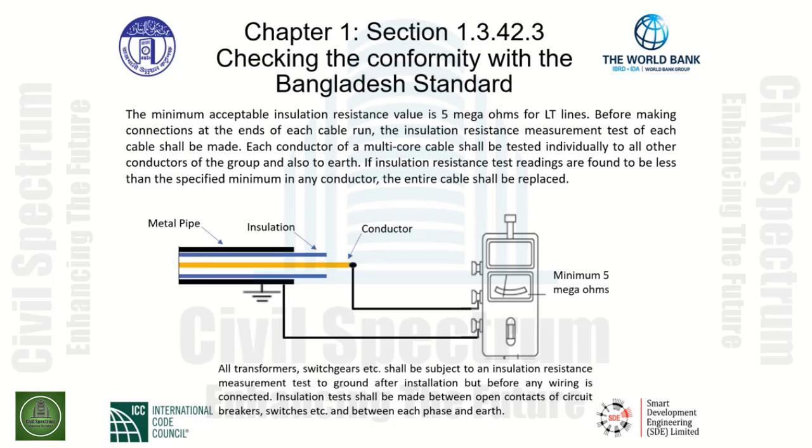Before making connections at the ends of each cable run, the insulation resistance measurement test of each cable shall be made. Each conductor of a multi-core cable shall be tested individually to all other conductors of the group, and also to earth. If insulation resistance test readings are found to be less than specified minimum in any conductor, the entire cable shall